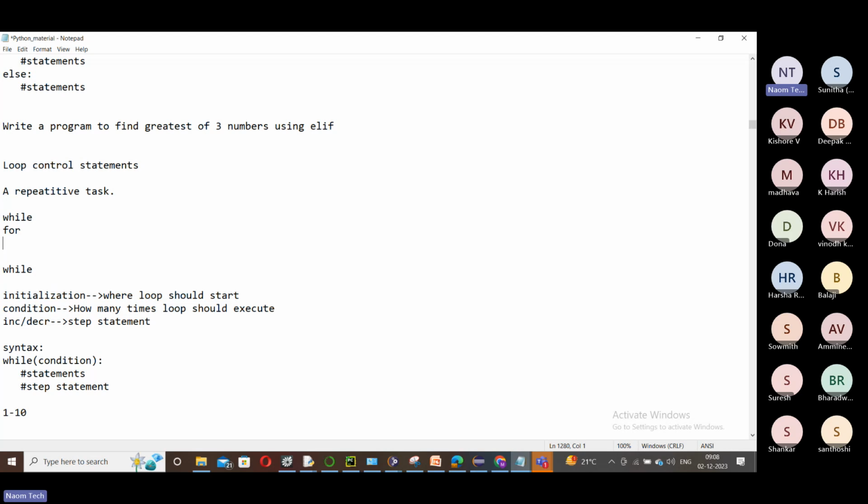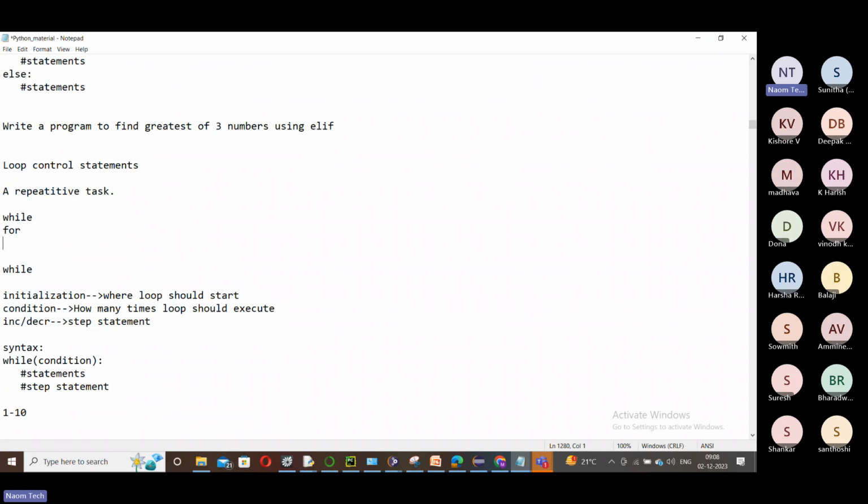And unlike C, C++, Java, C Sharp, or many other languages, we don't have the normal or regular for loop. The for which we are going to use is something more sophisticated, a special for loop, which is usually applied on collections, not on regular incrementation or decrementation.